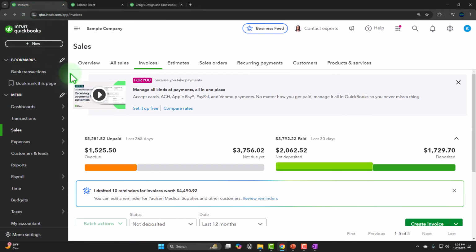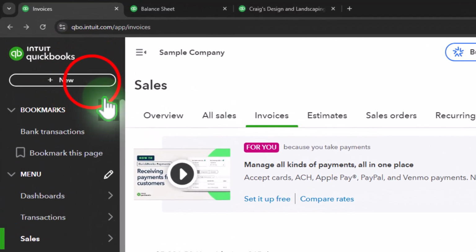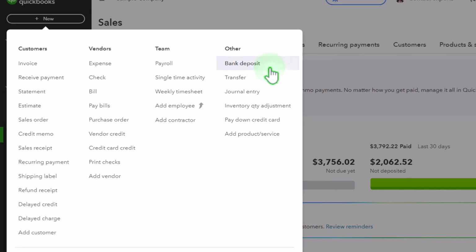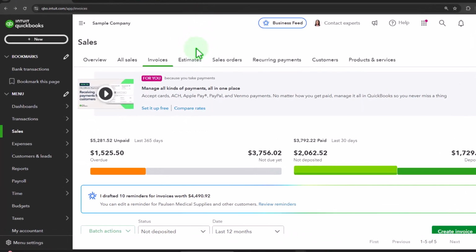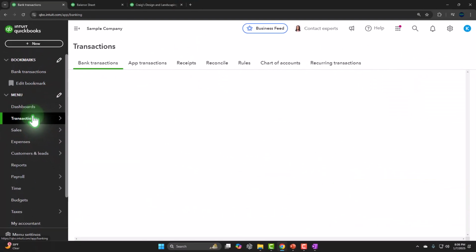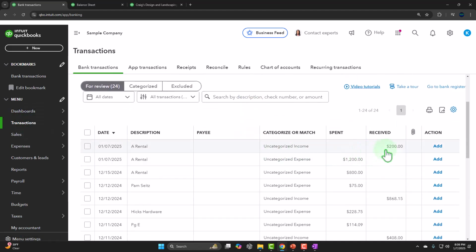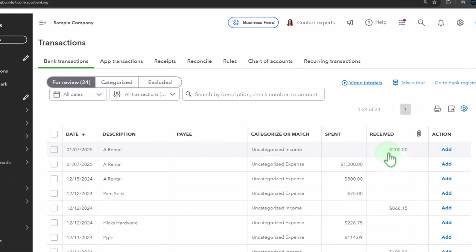So those are the main functions of the deposit form. Now note that if you got a deposit that didn't go through undeposited funds, then you might not need to use this deposit form. You might enter it another way, such as, for example, if we had the bank feeds and we just waited till they cleared the bank, as we saw before, we can wait till they clear the bank and record them here. Or